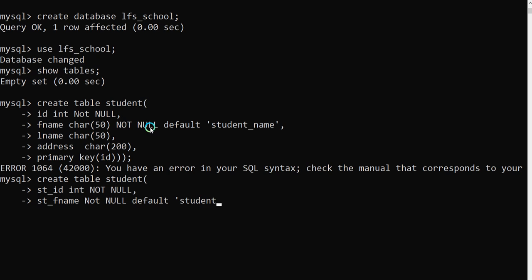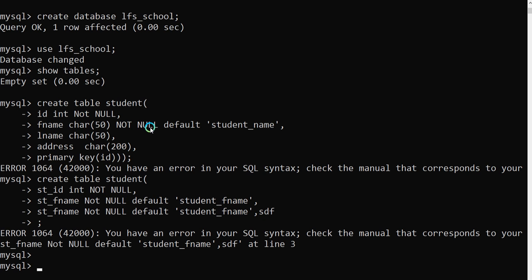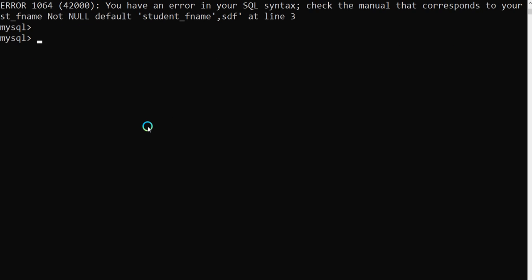I have to write here student f name, comma we have a student name. It has to be char 50. This will give an error one more time. Yeah, again I have to create because I forgot the create table,